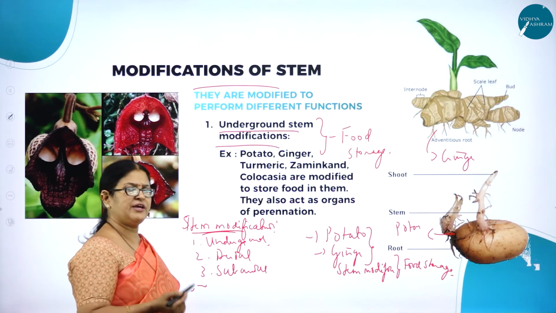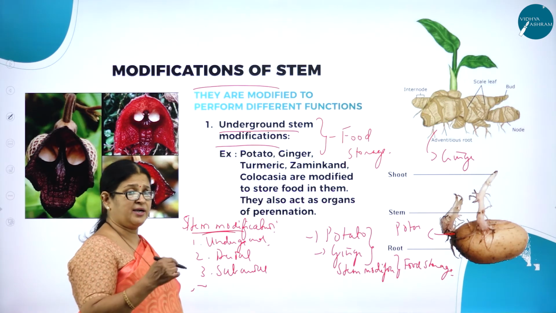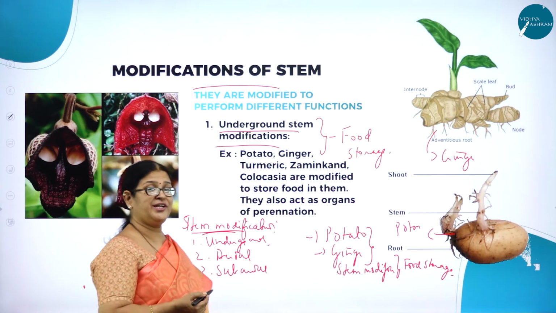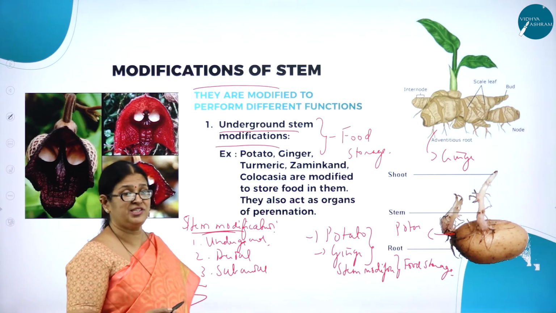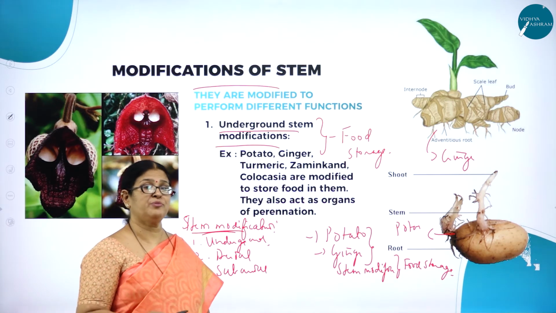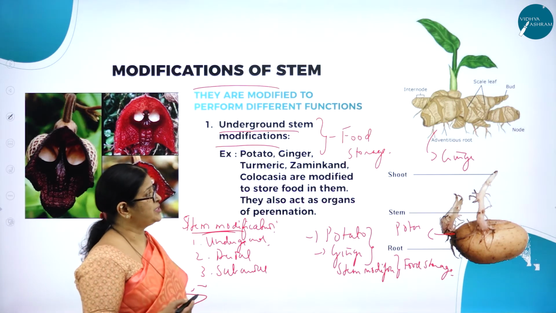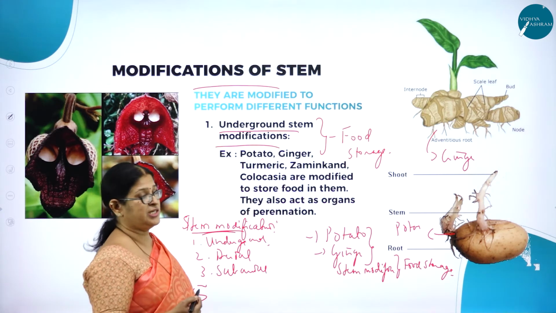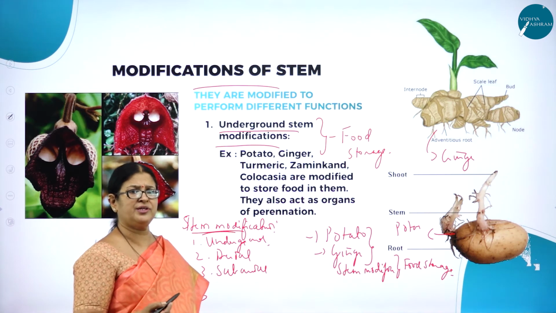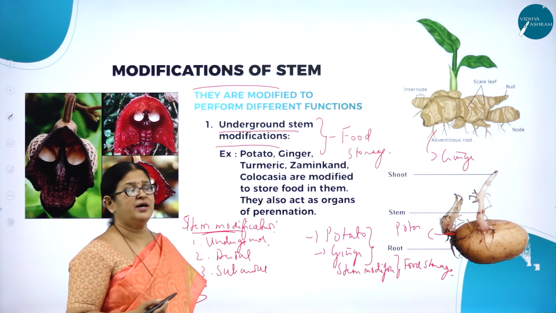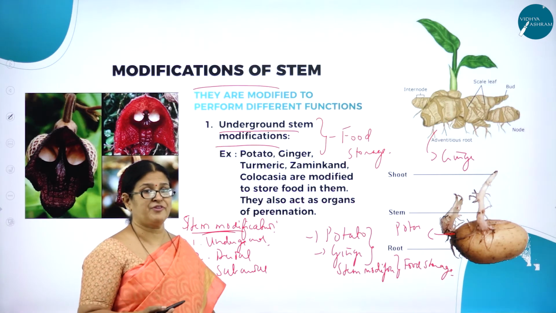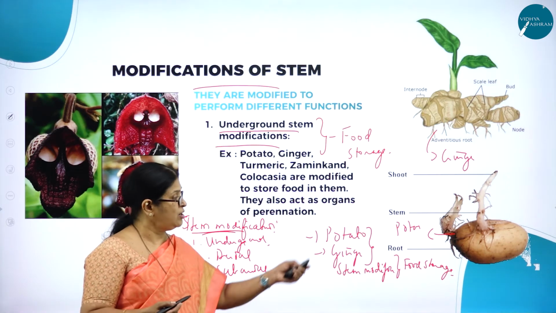I think all of us know in everyday life we use ginger, and particularly at this point of time, corona time, I think we are advised to use more of ginger. So it is going to boost our immunity and also helps to fight against coronavirus, right? So ginger and even potato, you know, it is a starchy food and it is used as a binding food for most of the, for example your pani puri, masala puri, all that.